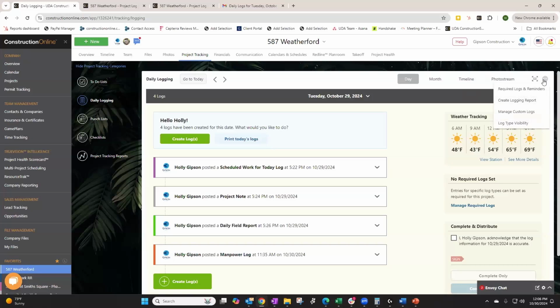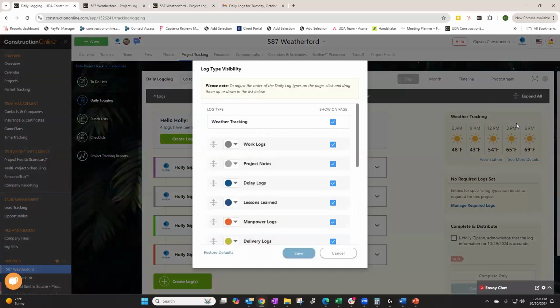So as we jump into some of these, you'll see me come to this action menu over and over again. But when we look at log type visibility, one of the first things that we changed is giving you control over which log types are shown to your team. The goal of this was really to allow you to use logging your way. With Construction Online, there are now 14 different log types that you can have your team create,